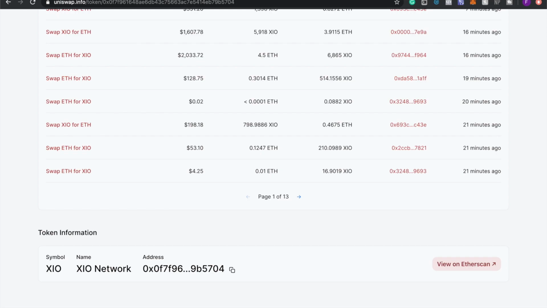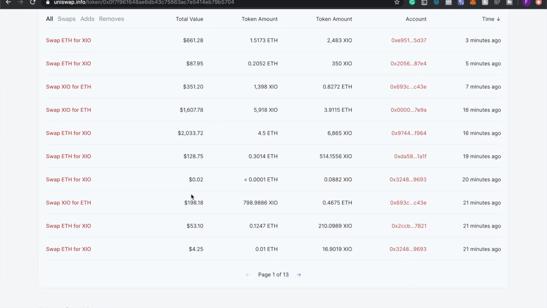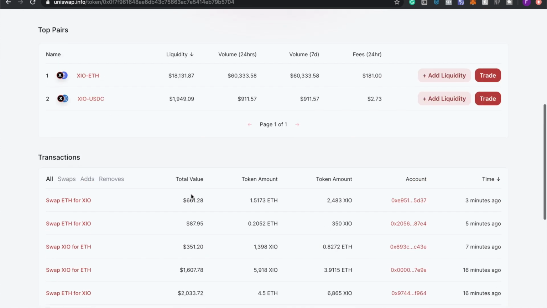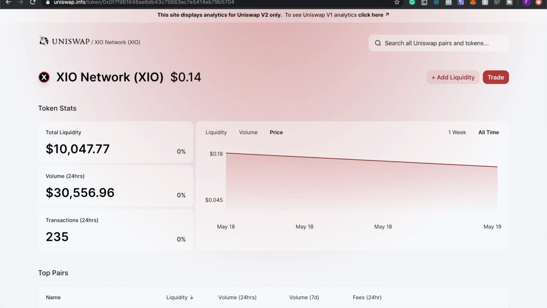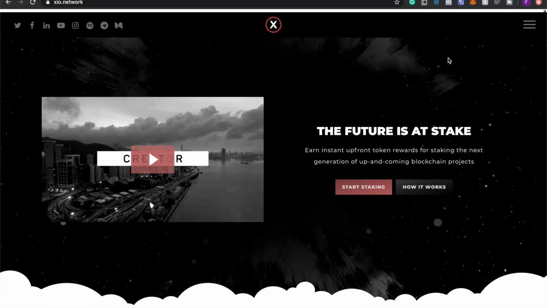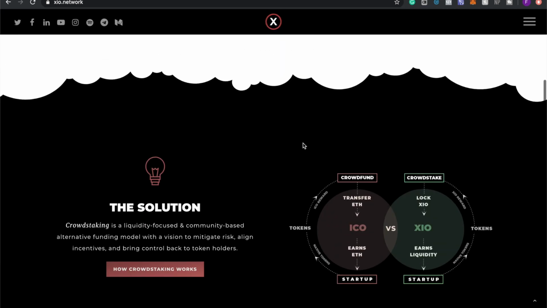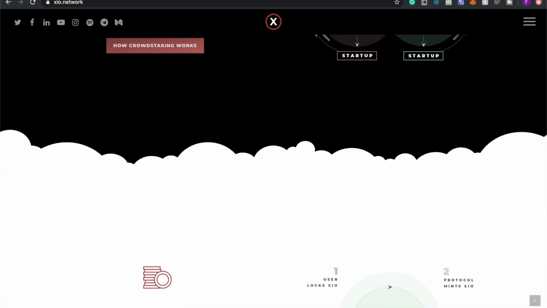We don't know what the future is going to entail, so it might go up, it might not, it might just have hit its all-time high and now it's nothing. So let's see what happens with this coin. Like I said, it's definitely a great project that they're working on, so we'll see how it goes.